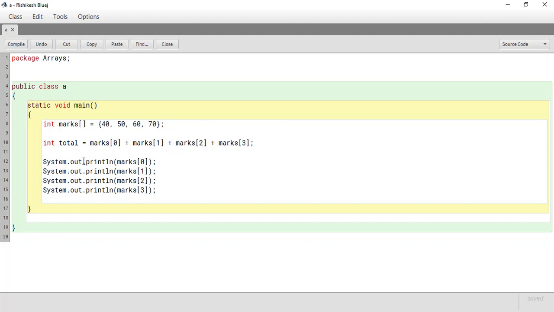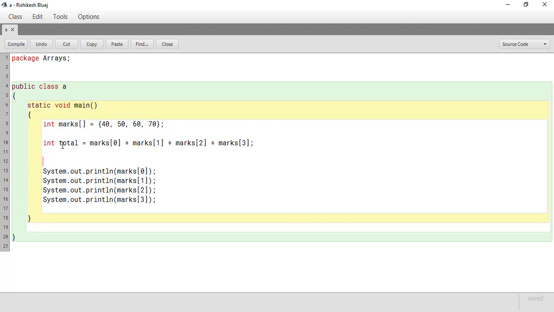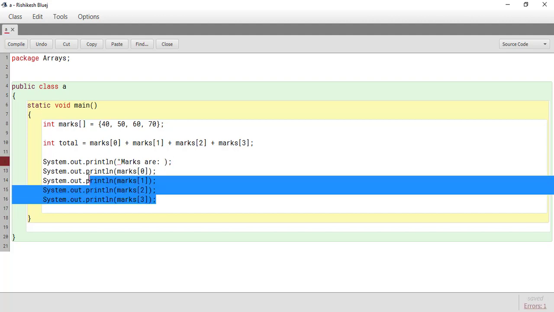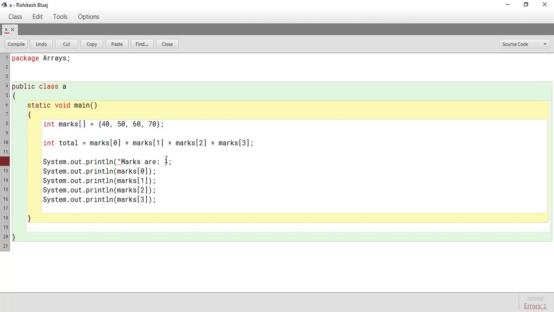So after displaying the individual marks, I will display the total marks.